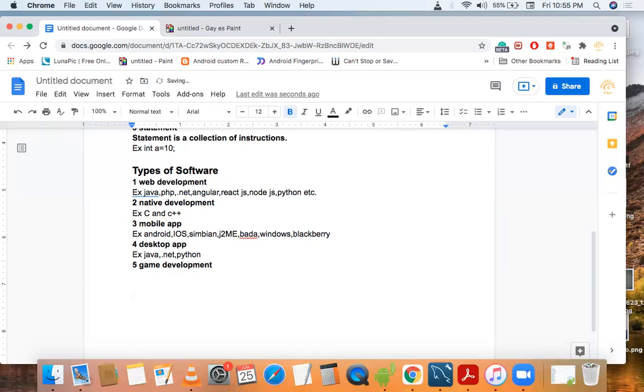Now, our next topic is types of programming language. First one is assembly language.